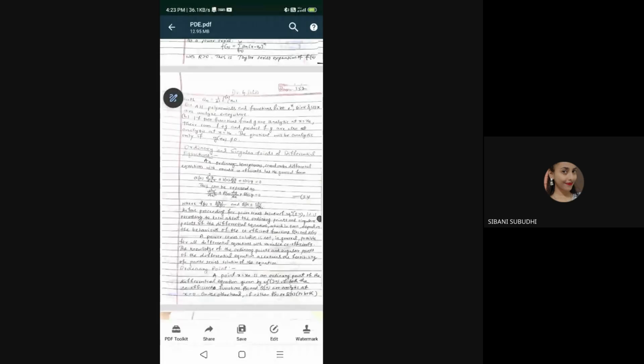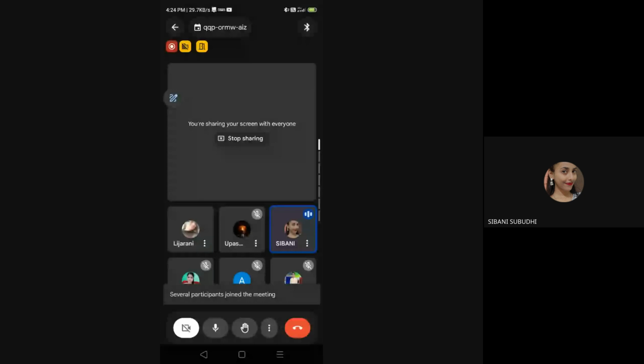So we are discussing solution of partial differential equation having variable coefficients. Before that, ordinary and singular points of equations. An ordinary homogeneous differential equation with variable coefficients have a(x)